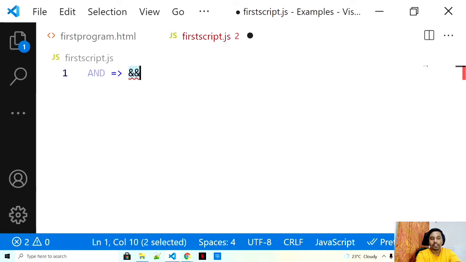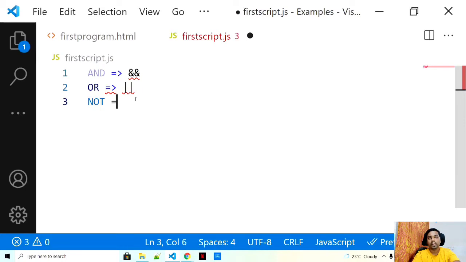Next is OR. It is pronounced as OR, but it is written as two straight standing lines. The last but not the least, it is pronounced as NOT, but it's just a simple exclamation mark.